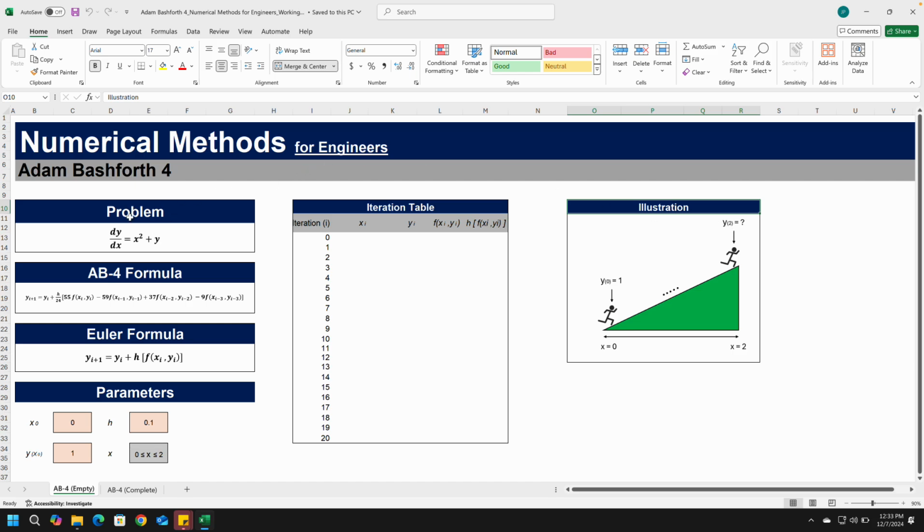Here we're given our problem, which is the ODE we need to solve for. Right here, we're given the Bashforth formula, which is quite long, but trust me, it's actually much simpler than it looks. And we have the Euler formula, which we're going to have to use first for our first few iterations, and I'll show you why in just a minute. We also have our parameters, which are the initial values, so x0 and y0, and we have our step size,